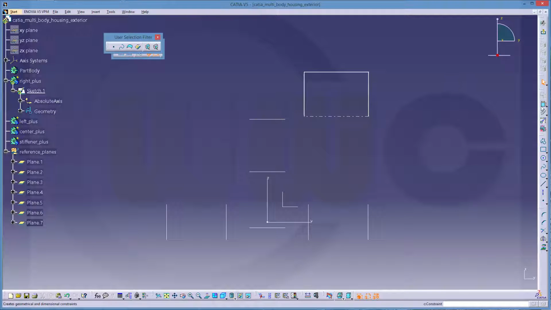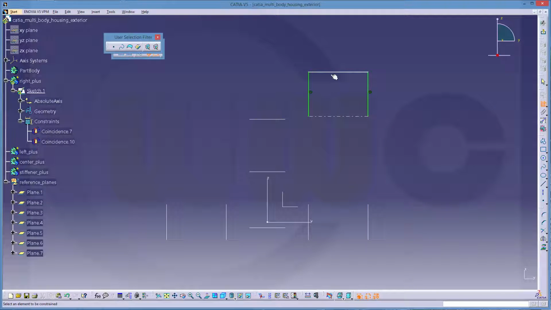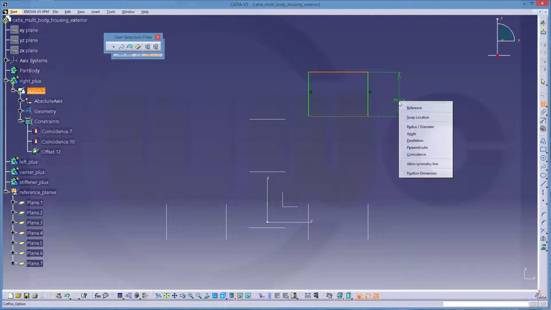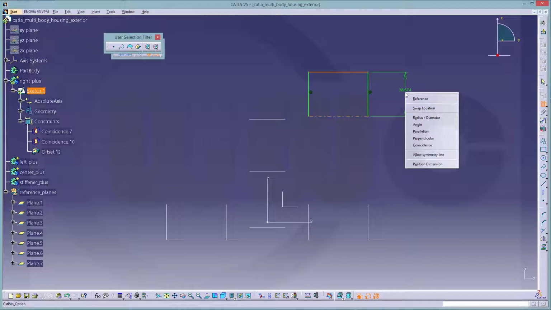Now this should be coincident to that plane, this one to this plane. There should be a distance, and that distance should be, let's go for it like this and change it to